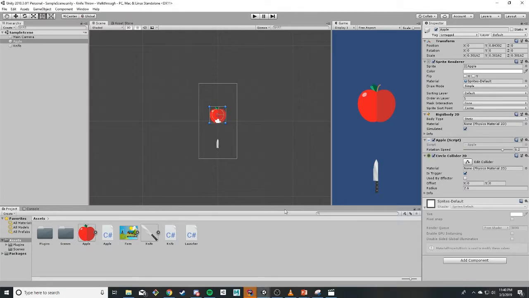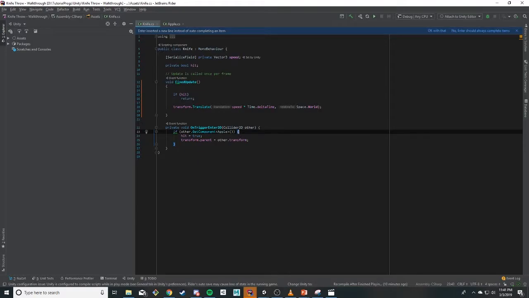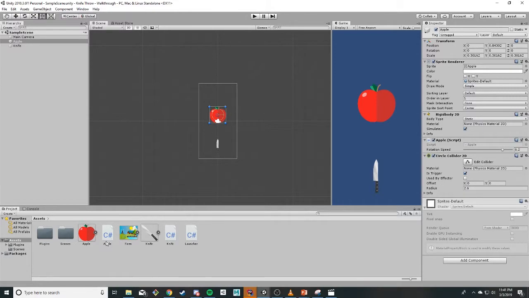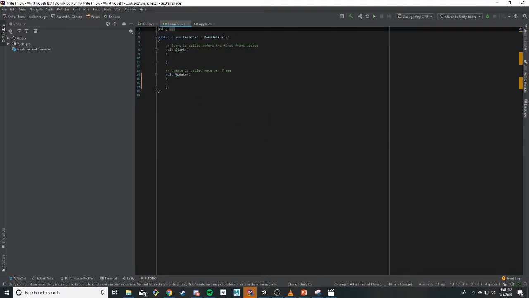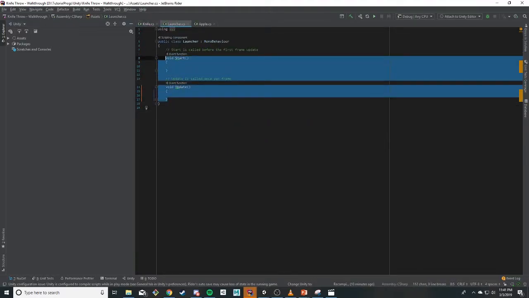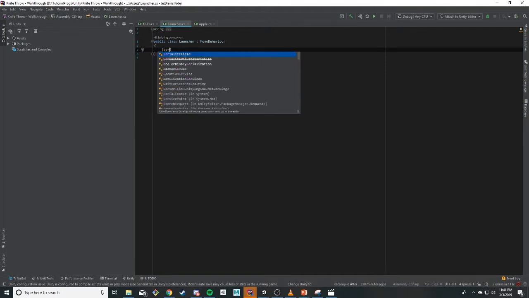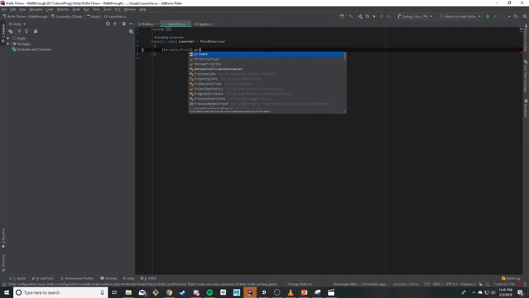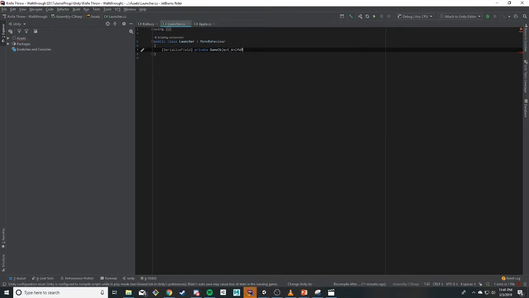Make sure to hit Control S every now and then to save your scene. And now we're going to go ahead and code our spawner, or our launcher here. We're going to have a serialized field private GameObject called knife prefab. I'll walk you through what a prefab is here in a second. Knife prefab, and